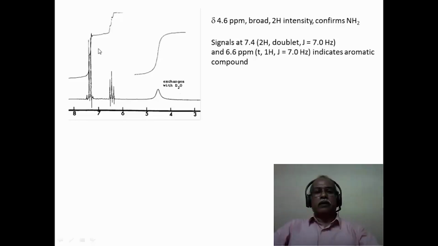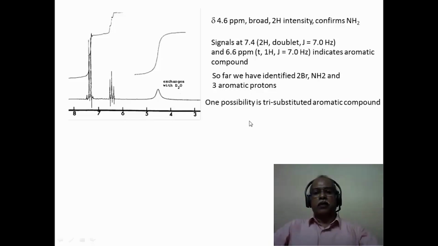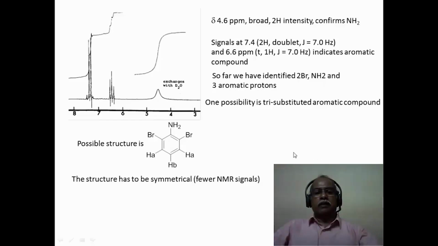So there are 5 hydrogens present in this molecule, of which 3 of them are aromatic hydrogens and 2 of them are NH2 hydrogens. So far we have identified 2 bromines, NH2 hydrogens and 3 aromatic hydrogens. So 3 aromatic hydrogens means this is probably a tri-substituted derivative. We already have 3 substituents, 2 bromines and an amino group, as substituents on the aromatic ring. So the possible structure is the